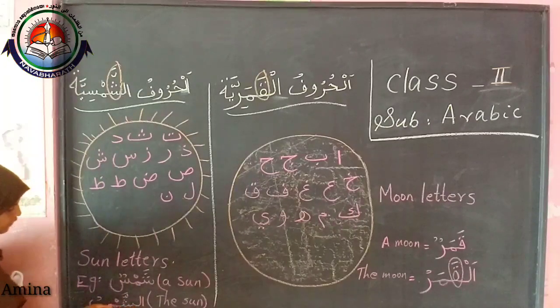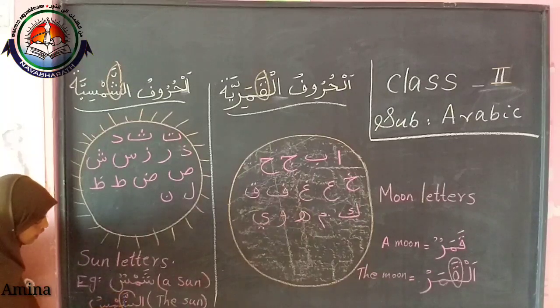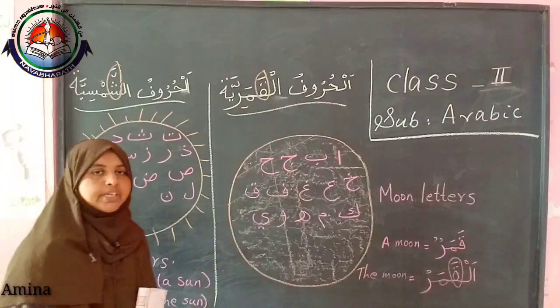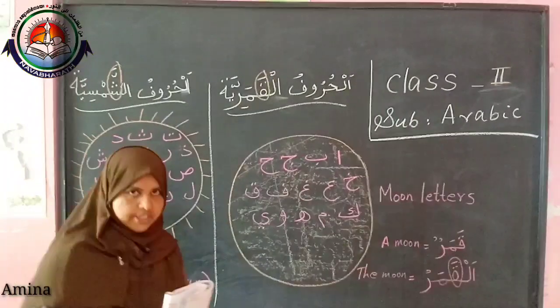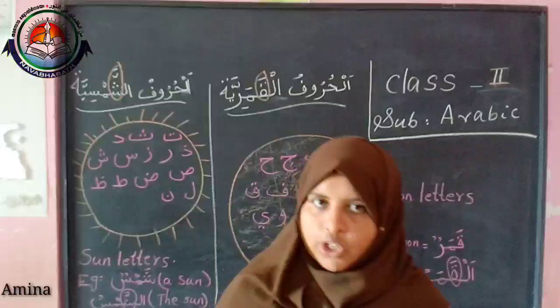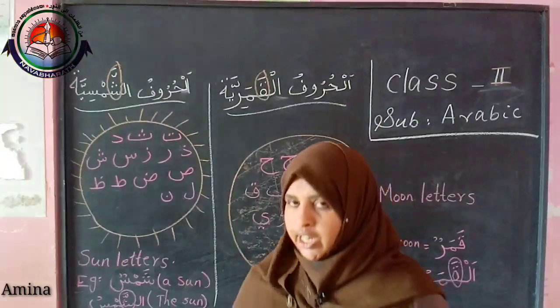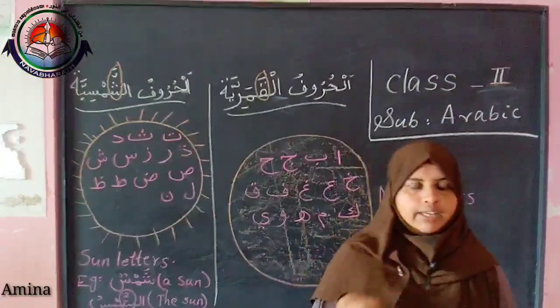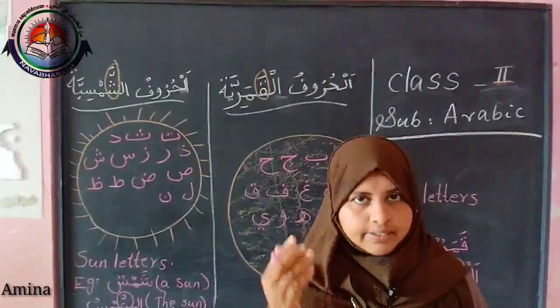And here, ash-shamsu, a sun. If we add alif and lam before that word, we can see the letter sheen. We cannot hear the sound of lam clearly. The meaning will be the sun. Did you understand well? Okay, all of you write in your notebook. If you can't copy from the board, I will send a notebook file.